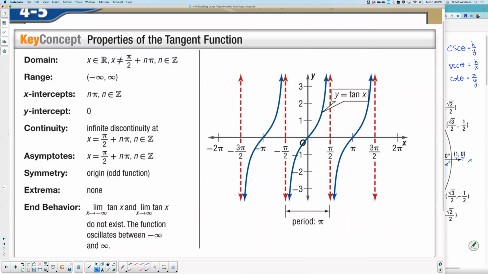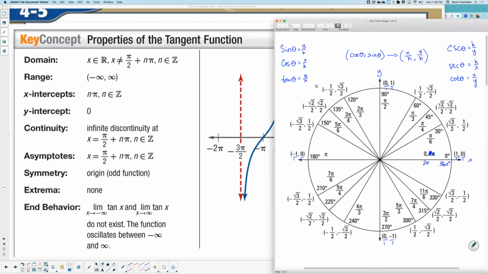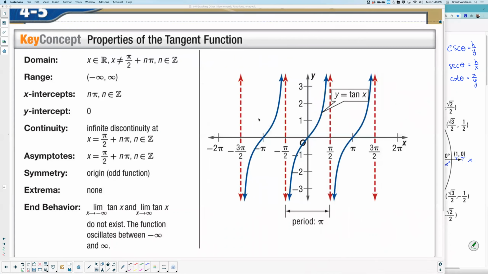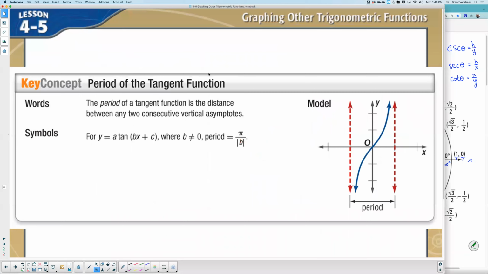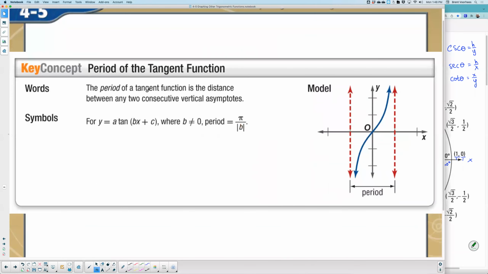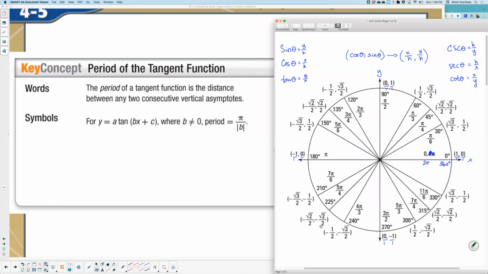There are vertical asymptotes. This slide right here is just telling you that tangent's graph will look like S-curves, and it'll have a whole bunch of breaks, and that is any time the x equals 0 in the denominator. So I'm going to give you steps on how to find that, but here's how we begin. And this is telling you about the period of a tangent. Oh, this is important. For sine and cosine, one period means a full lap